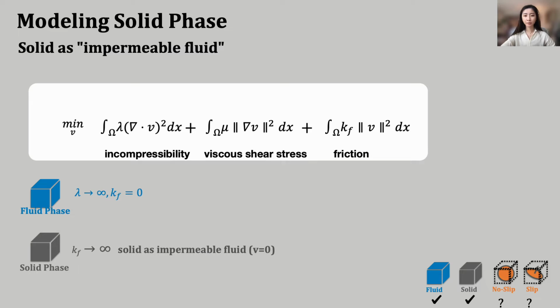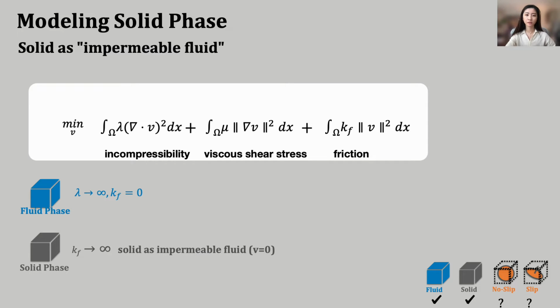Now, to jointly model both Stokes flow and solid in the domain, we can add a frictional energy term that penalizes the norm of the flow velocity, along with a weighting term kf. If we take kf to be 0, this term has no effect, and we retain the original Stokes flow model. If we take kf to its limit, this energy term will outweigh the other two energy terms, and the velocity that minimizes the energy will be 0. This allows us to model the solid phase, where we essentially perceive solid as an impermeable medium that blocks the